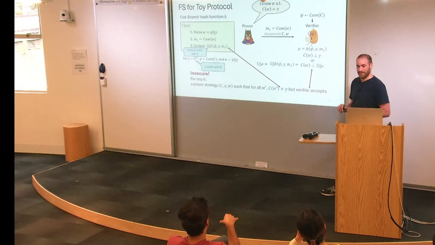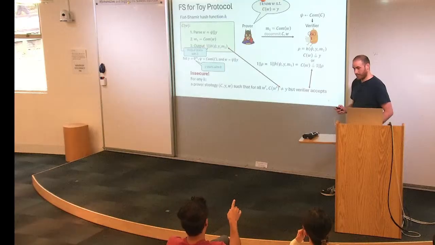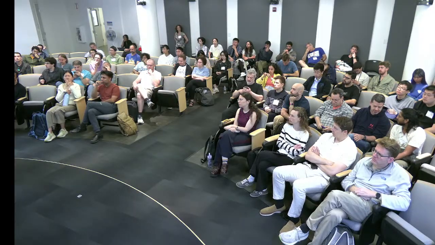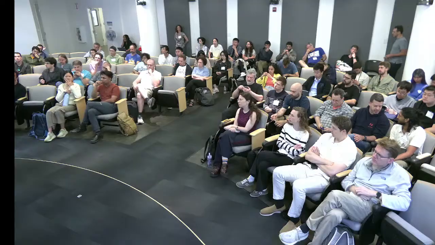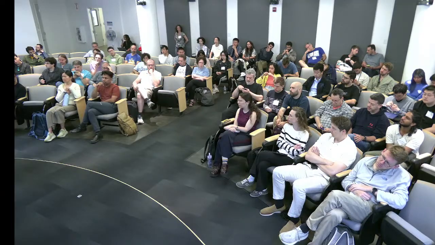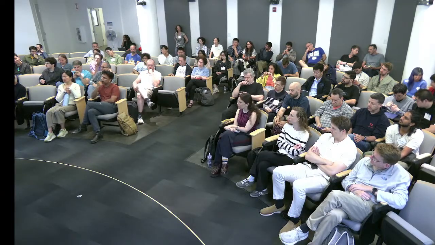Is it fair to say that this is diagonalization in this pre-processed model where the circuit is hashed in advance? Is that the whole point? Like, without the digest, this wouldn't work, right? Without the digest, this wouldn't work, I think. So does this only work for the adaptive? Yes, so this is adaptive soundness. The hash is chosen in advance, and then the prover chooses C.